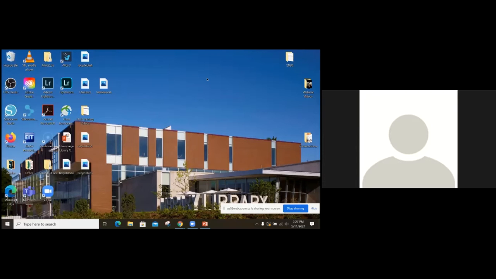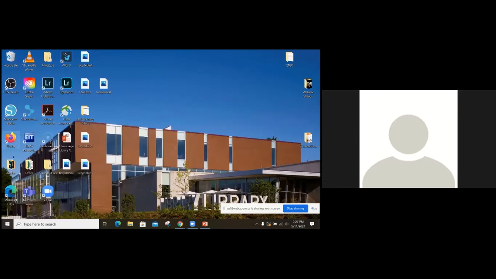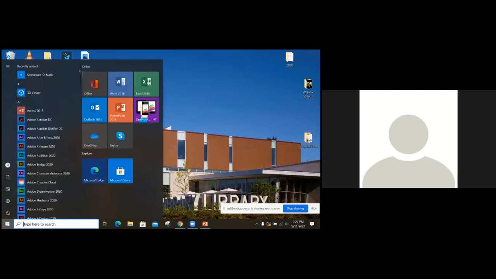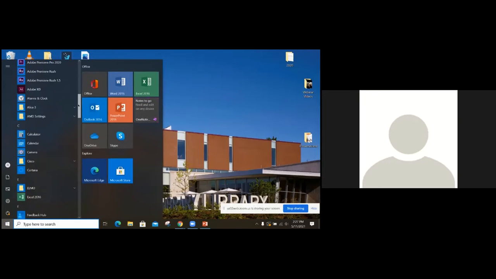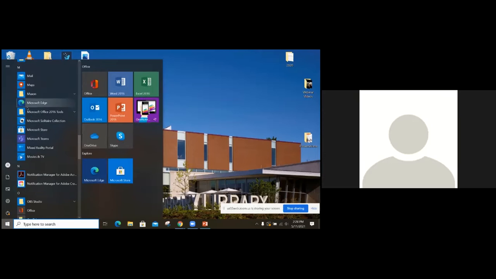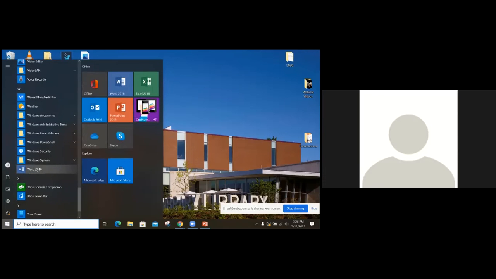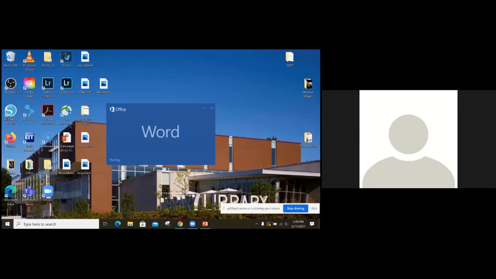Okay, so the other thing you can do from the start menu, as I mentioned a minute ago, you can open a program from here. So if you don't have a desktop icon for a program and you can't open it right from there, you can also come to the start menu and open it. So for example, I don't have an icon on there for Microsoft Word, but I can come here and look for Microsoft Word and find Microsoft Office, open that, it's not there. Let's see if it's under Word. Come down here and find it under Word 2016. So I can go ahead and tap on this, and I only have to tap once, and that will go ahead